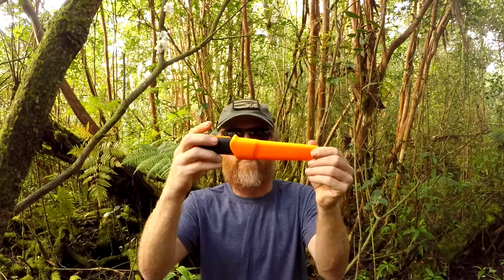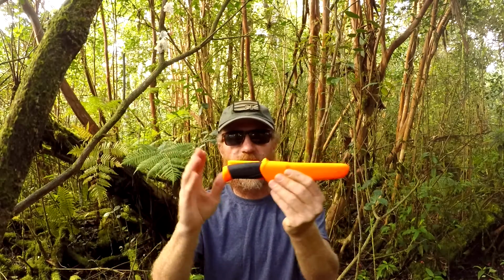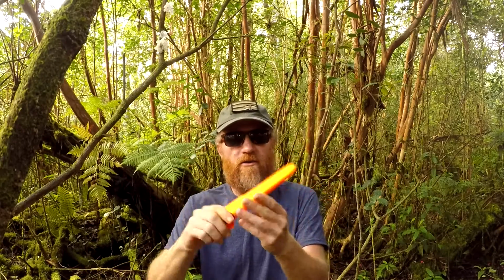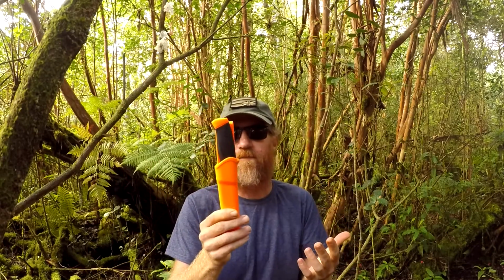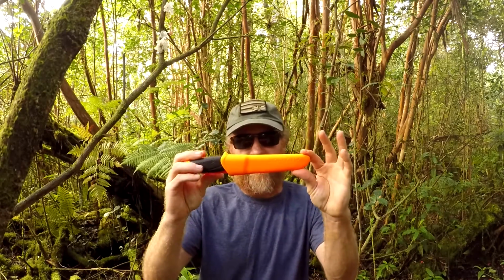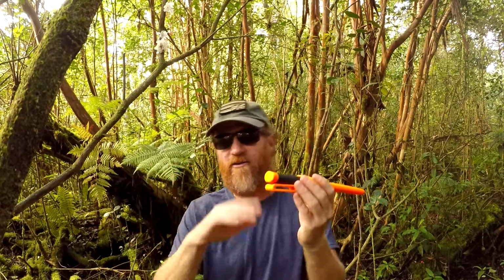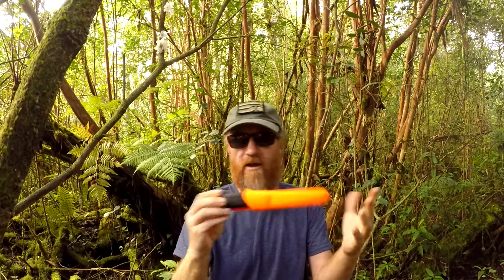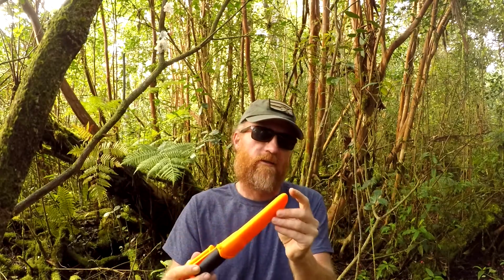I've got the orange version. You can get different colors. I prefer this orange because it's bright. You can see it in the jungle. There's less chance of actually losing it. So I like this orange color here. But you can get black, green, blue, all sorts of different colors. Red, I even think you can get red. But anyway,